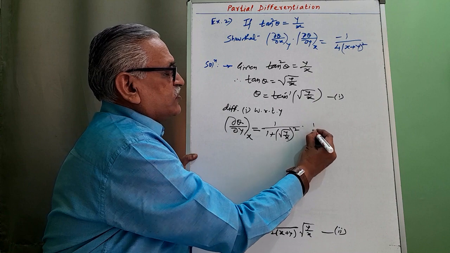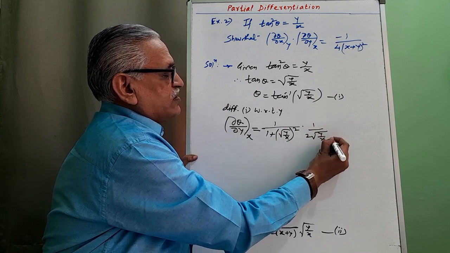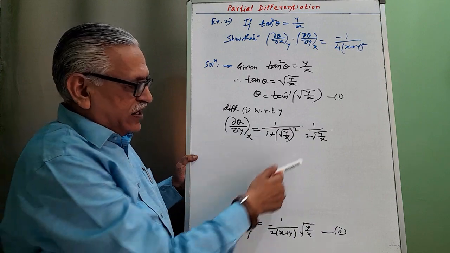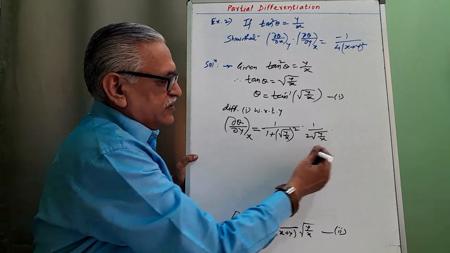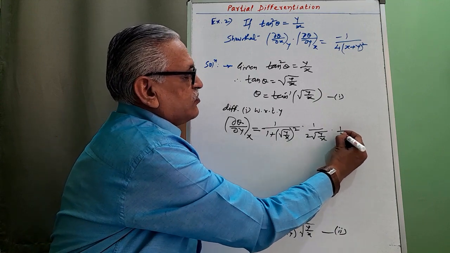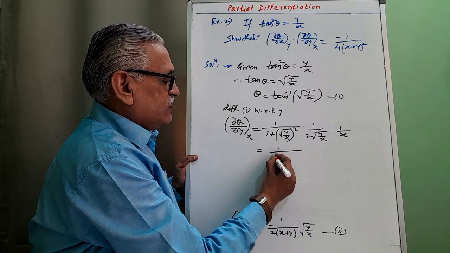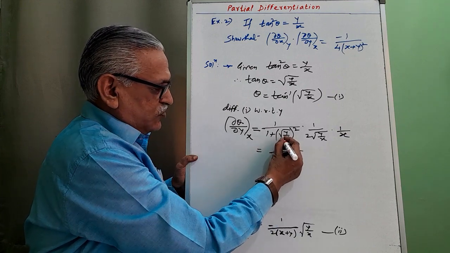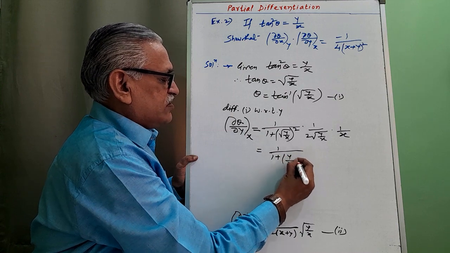Differentiation of square root is 1 by 2 times root of y by x into, again applying chain rule, differentiation of y by x with respect to y, this time the derivative is 1 by x. It is 1 upon 1 plus, root and its square get cancelled, we get y by x as the term,